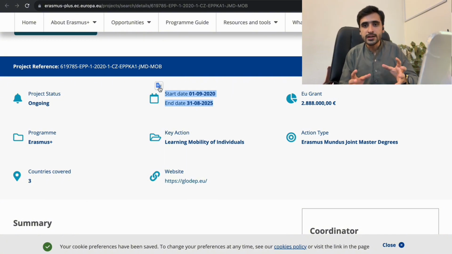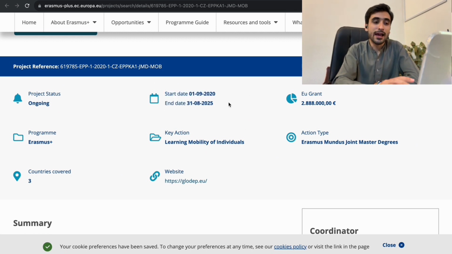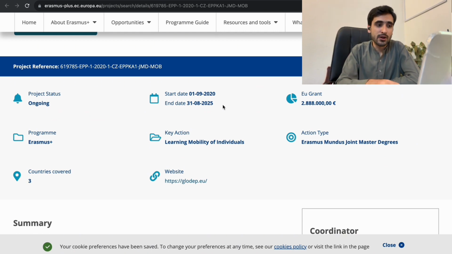After all those years they revise, for example saying this program will have no funding after 2025. The European Union will revise whether they are funding global development policy or not, but it's not your concern.